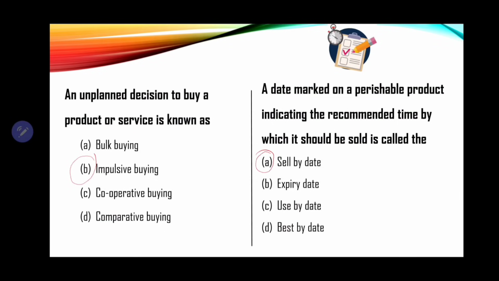Now, as it relates to the expiry date, that is the date where the product is no longer safe to consume. As it relates to the use by date, this product should be used by a certain time so that high quality may be obtained, and the best by and the use by dates are also similar. So when we follow those dates, we get the highest quality of the product. It doesn't mean that it is expired, but you get a better quality of the product if you use it before the use by date or adhere to the best by date.